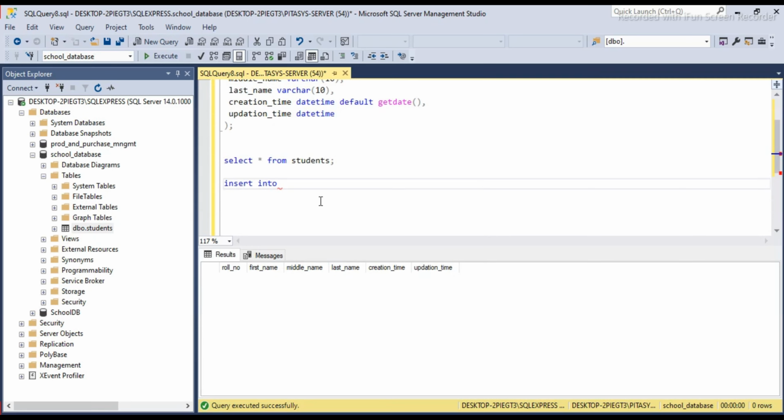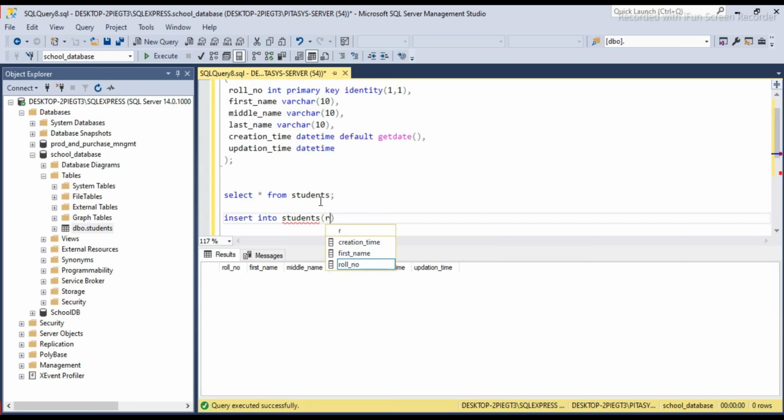Insert into Students. Firstly its roll number, first name, last name, middle name. Suppose I am not putting creation time as we have set a default, and there is no need for updation time also, as we will update it when we use the update command.